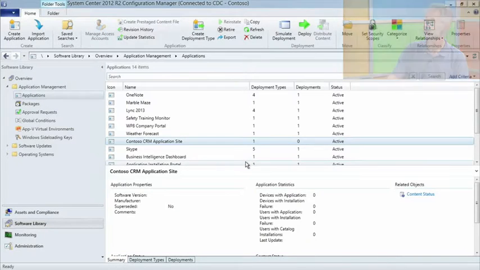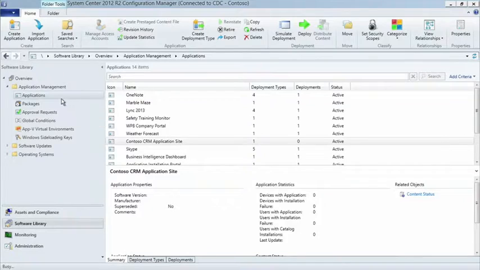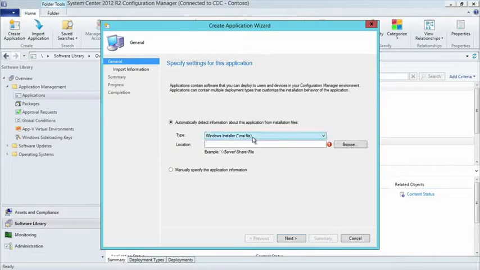Okay, so if our IT pros out there have applications that they've developed in-house that they want to send out to their mobile devices, do you want to show us how you would actually push out a side-loaded app to a device? Sure. Let's go back to applications. We'll do a create application, and this will do a Windows modern application. And we'll go ahead and go to our demo